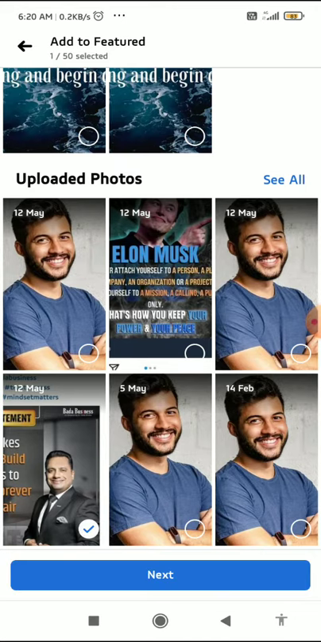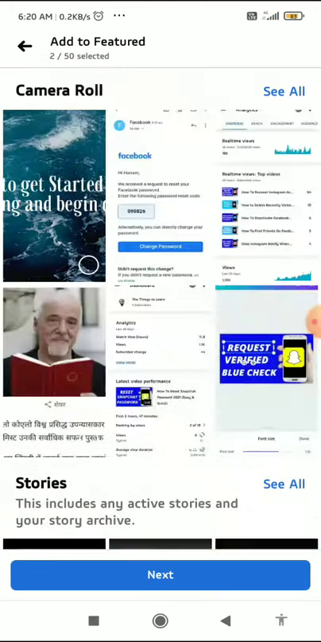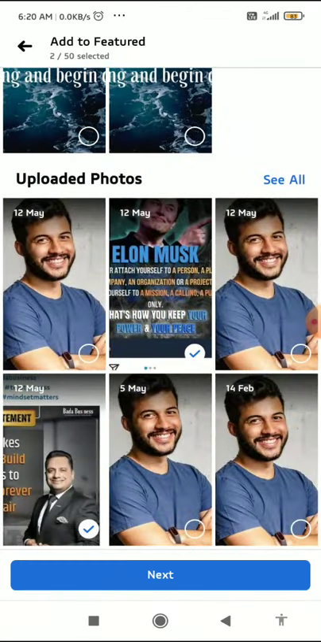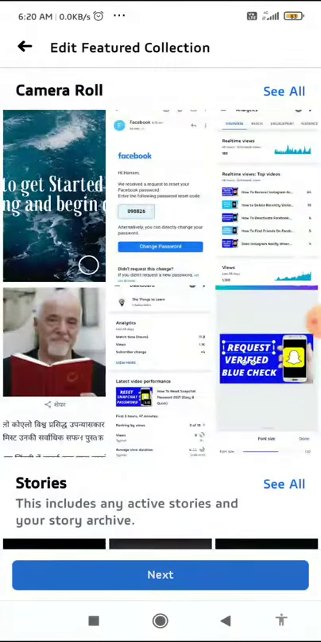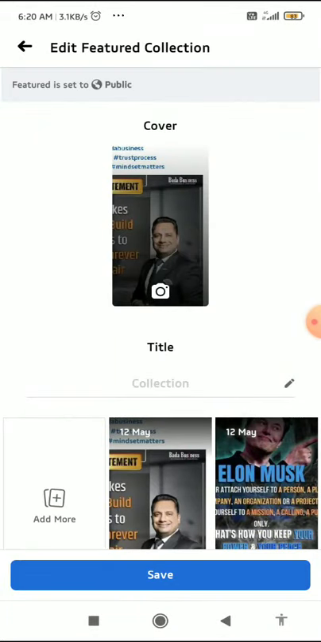Like I choose this photo and this photo, so you can choose any of the photos that you want to add to featured photos on your Facebook, and then click next. When you click next, you have to click on save,